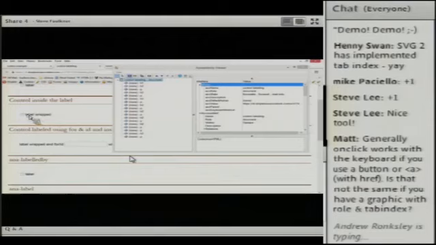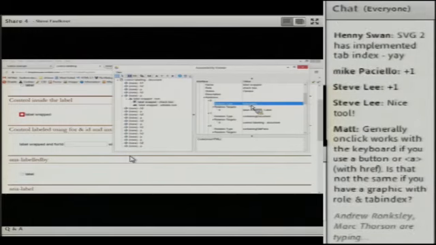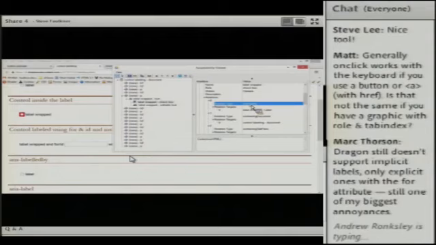Now, quite often people talk about having the for ID as the explicit relationship, and having a wrapped label as an implicit relationship. When you actually have a look, what you'll find is that the relationship is there. It's an explicit relationship in both cases within the Accessibility API. It's exactly the same relationship that occurs for an ID and the wrapped label.